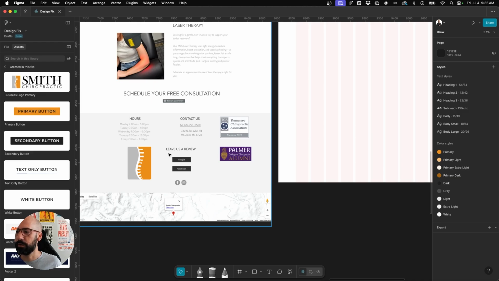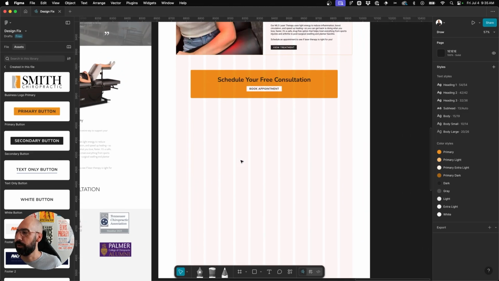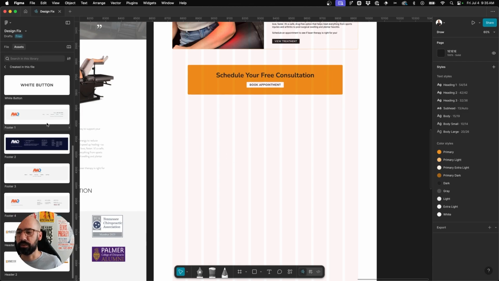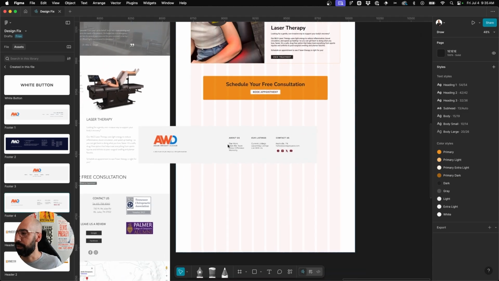We've got quite a few elements. We've got hours, we've got contact information, we've got their logo, we've got some association images as well. So we've got our work cut out. And what I can do is I've already got in my design starter file some footer layouts that I can pull in and drag and customize from there. So what I think I'm going to do is maybe grab this footer layout,